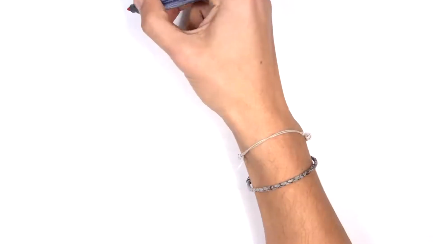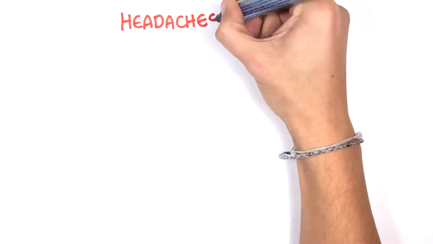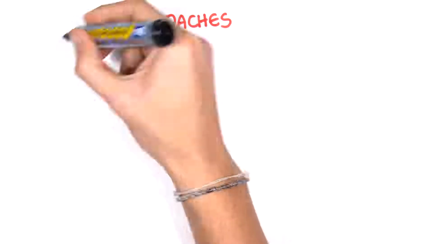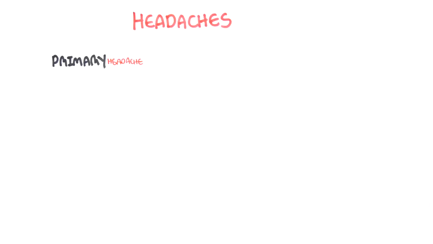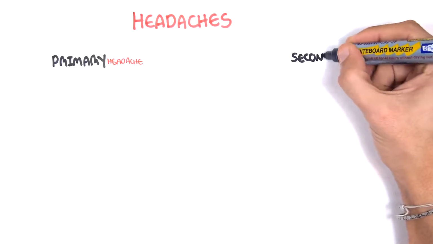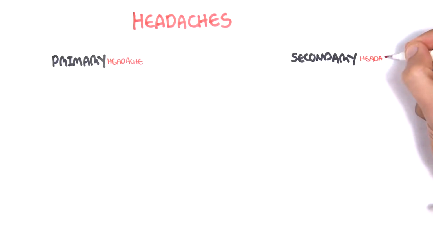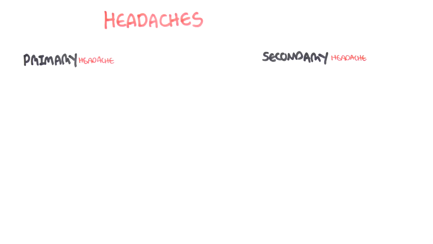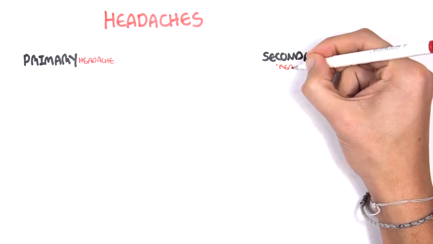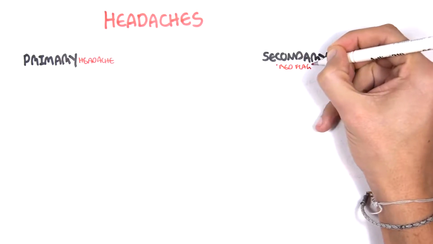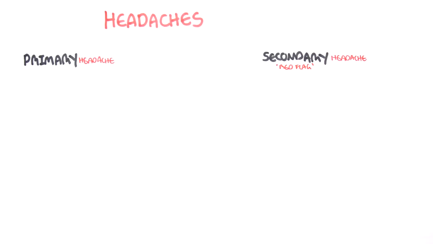Hello, in this video we're going to look at headaches, the main types of headaches, and then treatment as well. Headaches can be divided into two main types: primary headaches and secondary headaches. Secondary headaches are pretty bad. These are your red flag headaches. We'll talk about secondary headaches towards the end of this video, but we will firstly